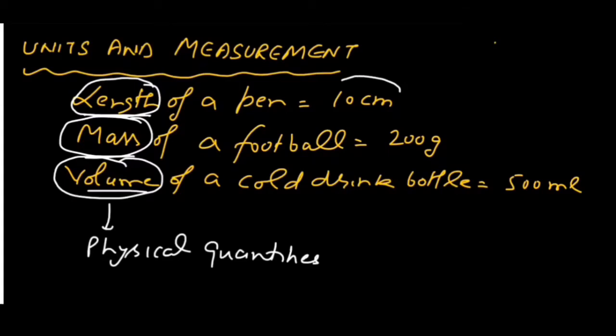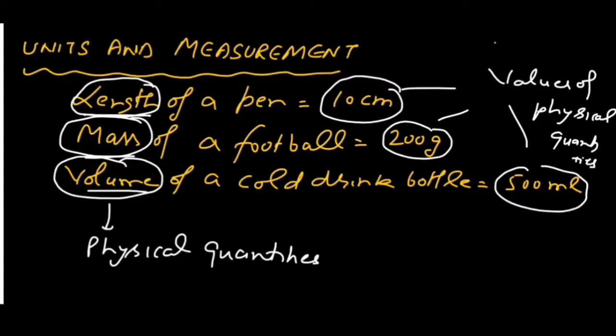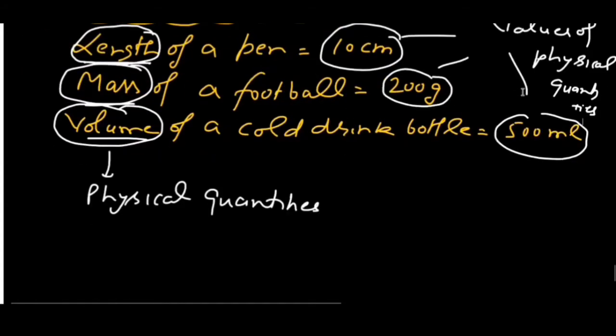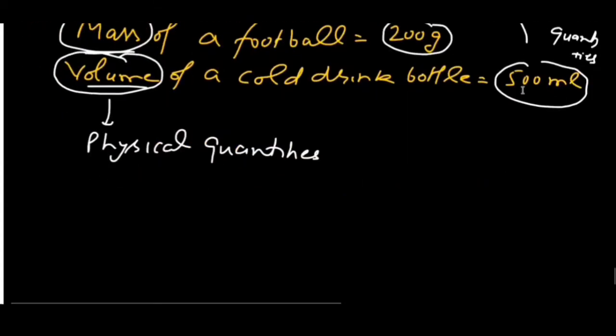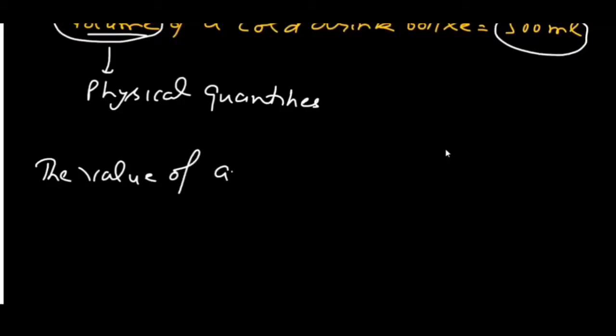And 10 centimeter, 200 gram and 500 ml, these are the values of physical quantities. So when we observe the value of any physical quantity, it is having a number, a digit or number, 10, and a unit, centimeter. So the value of any physical quantity